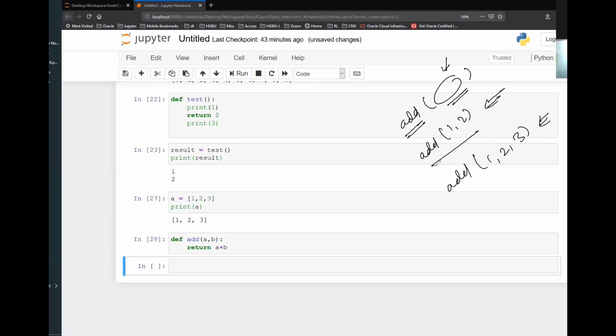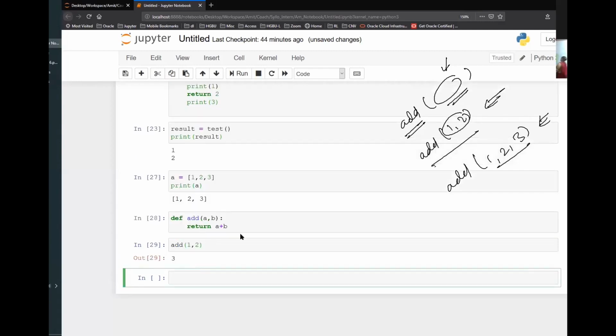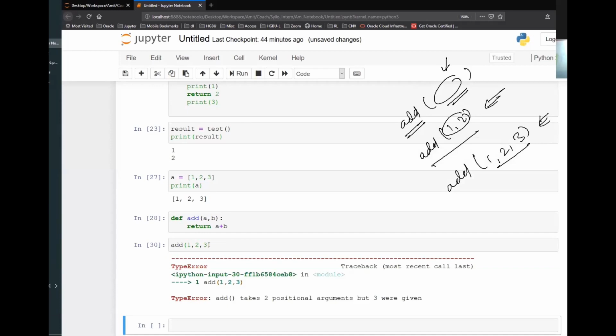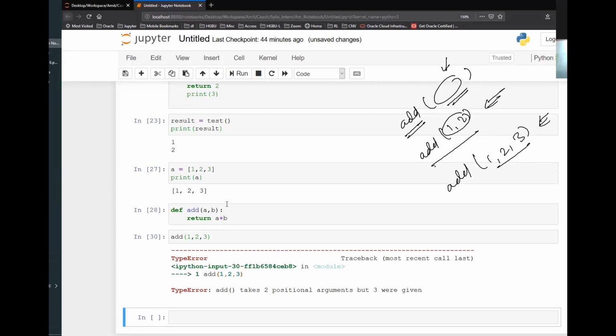so add 1 2, I'm giving 2 parameters here, it adds and gives me the result. Add 1 2 3, it adds 3 values and gives me the result. Now let's say this function cannot work with 3 values. If I give add 1 comma 2, this will work fine, but if I give 3 values here, it will fail, because this function is expecting exactly 2 values, right?